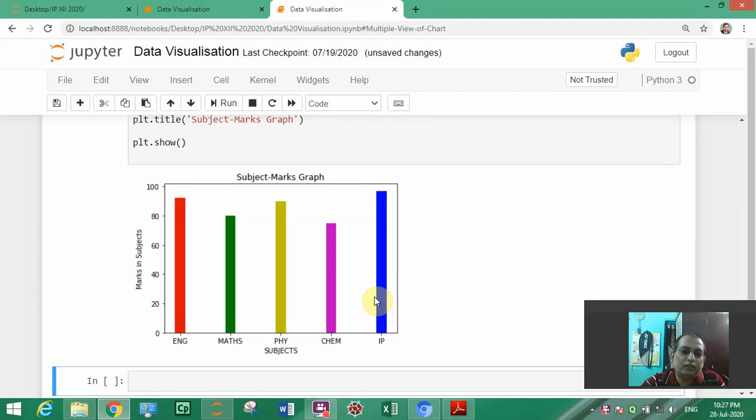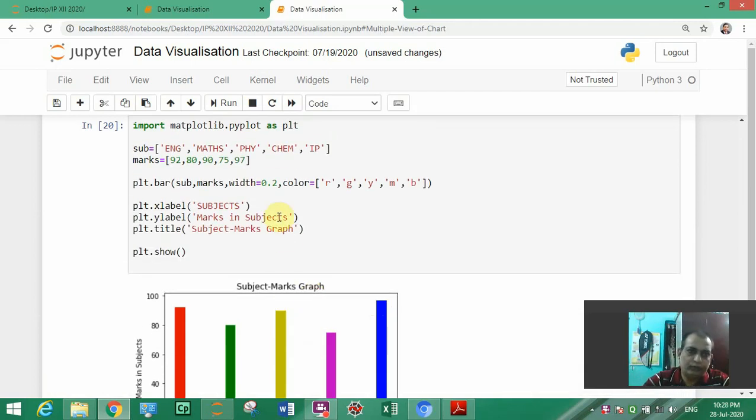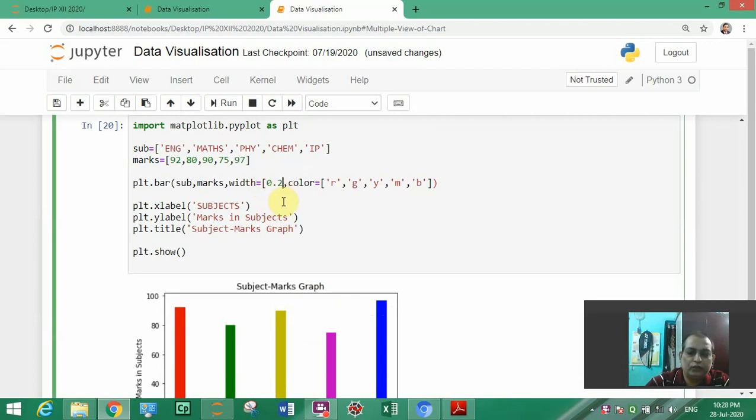Here at last I will tell you how to give different width of different bars. So for that also you have to make a list. List is only the solution for giving different data to the different bars.